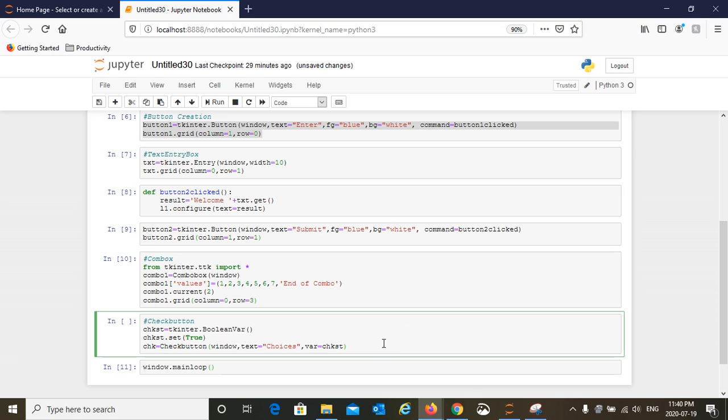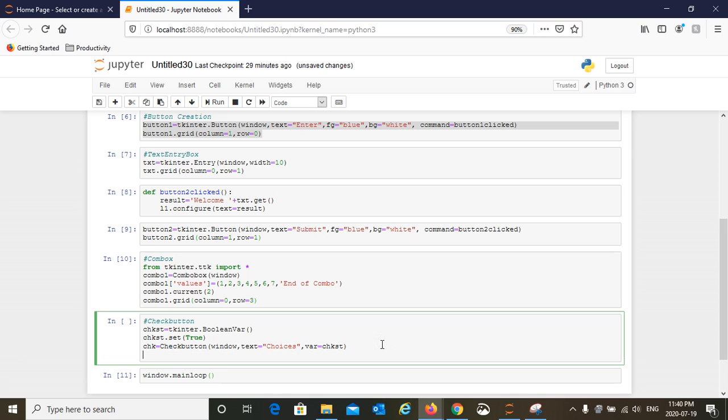So far so good, right? And of course, where is this check button going to be? So chk.grid and column equals 0 because I'm going to put this on row 4. Awesome, let's run it.